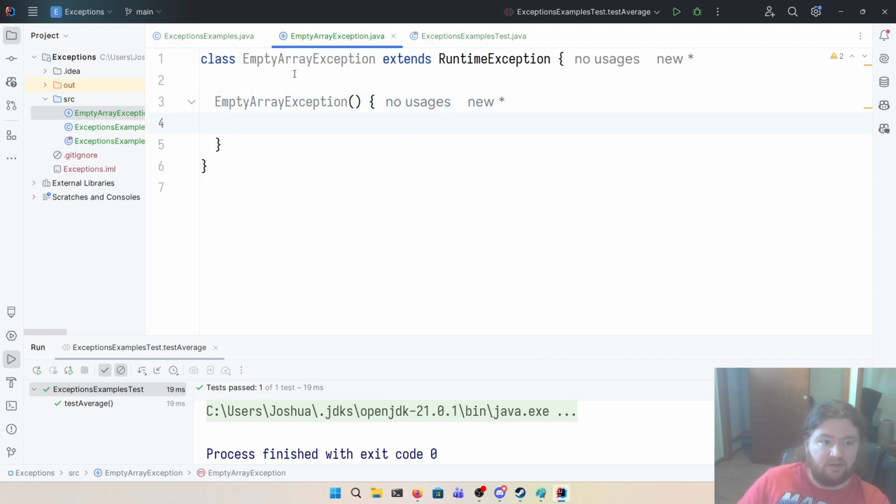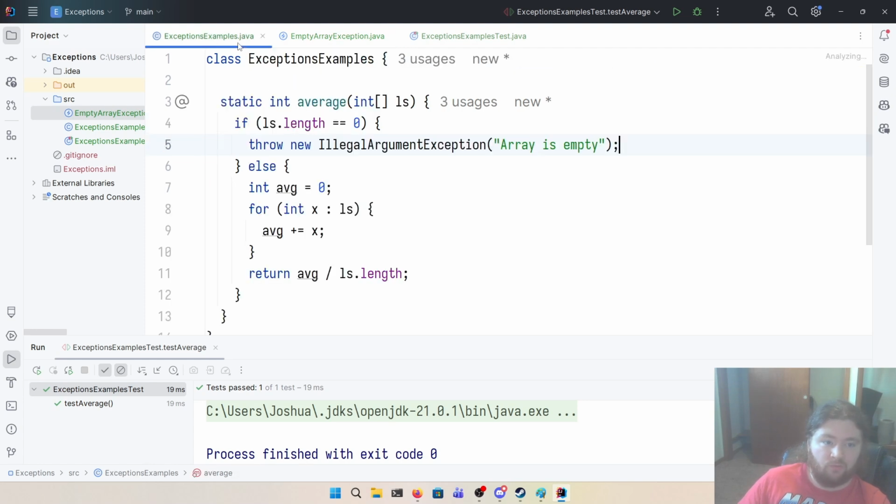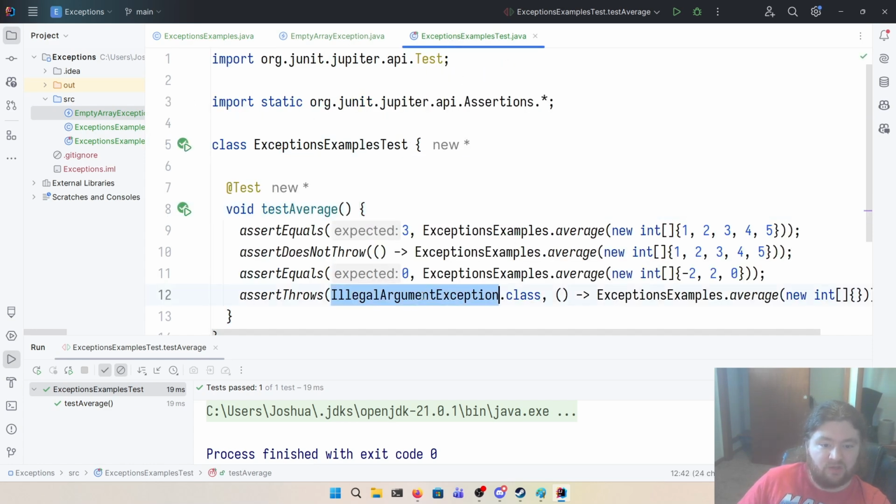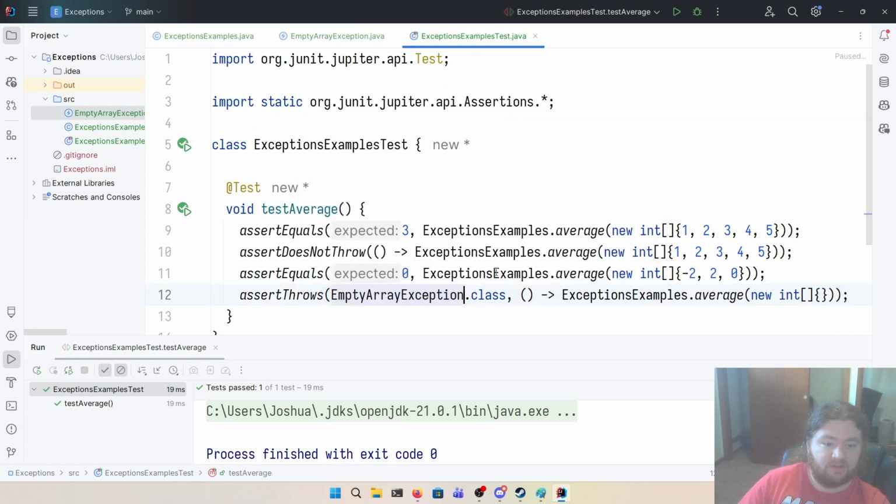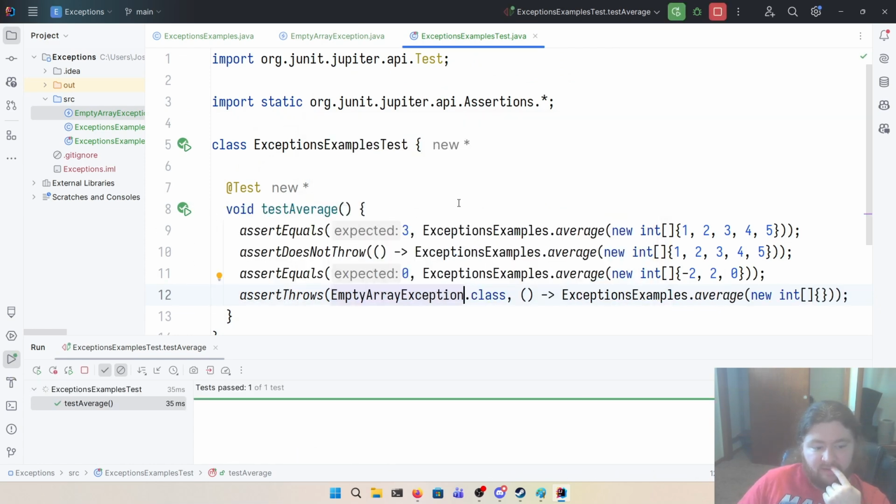and so what do we do from here? Well, the first thing we can do is change this to be a throw new EmptyArrayException, and then, okay, we can run this, and then we would need to change this to be an EmptyArrayException,